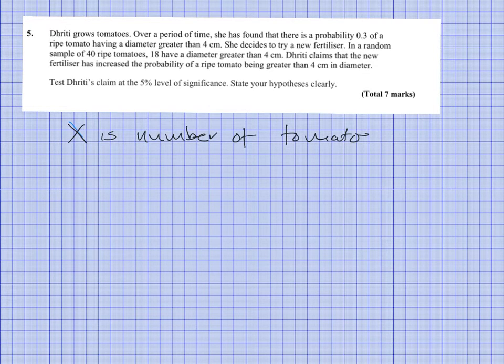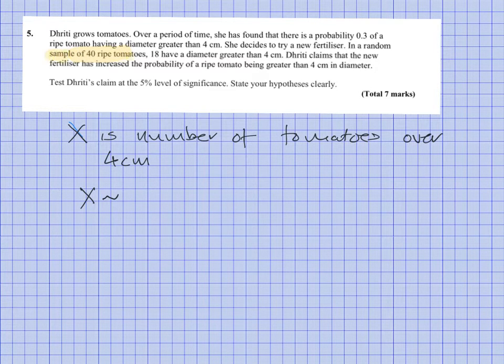Okay, and then why can we use a binomial for this? Well, there are 4 factors that you need to think about for a binomial. Firstly, you need to have only 2 outcomes. Our 2 outcomes here are over 4 centimeters or not, so that's fine. We need a fixed probability. We're told that it's 0.3. That's fine, we've met that. We need to know that each trial is independent, and we can assume that from the data we're given. And finally, there needs to be a fixed number of trials, and we're shown in the question there are 40